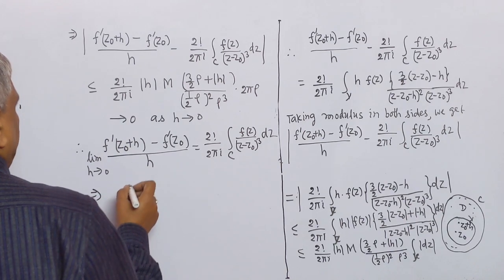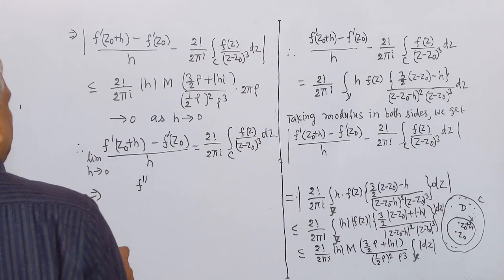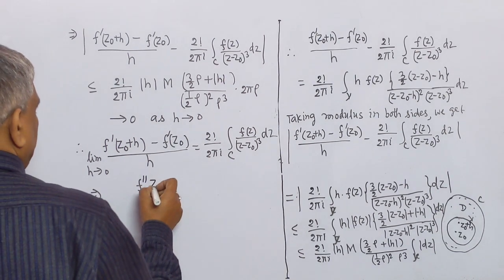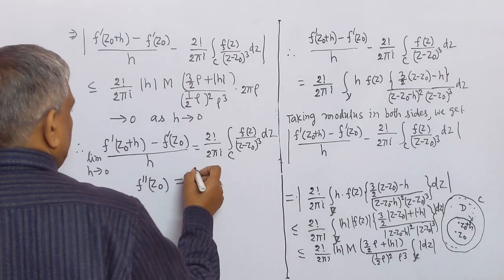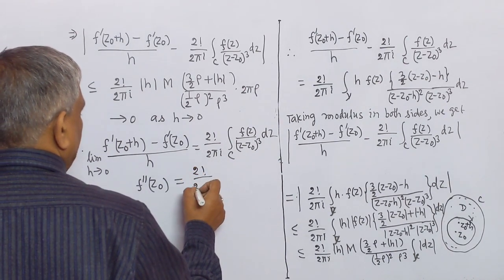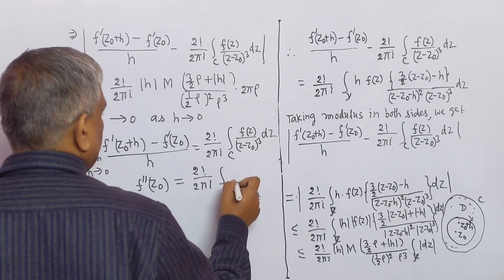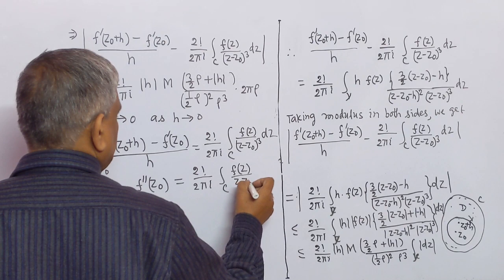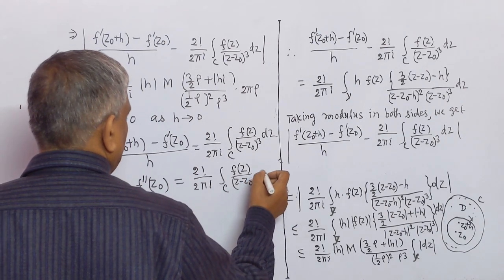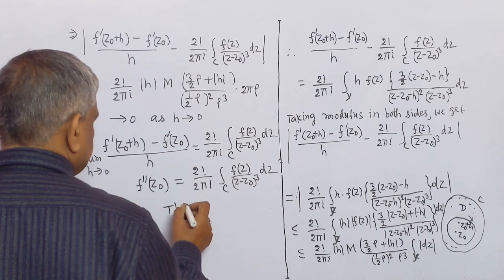This implies that the second order derivative of f(z) at the point z0 equals factorial 2 by 2 pi i times the integral along the curve C of f(z) by (z minus z0) whole cube dz. This is the required result